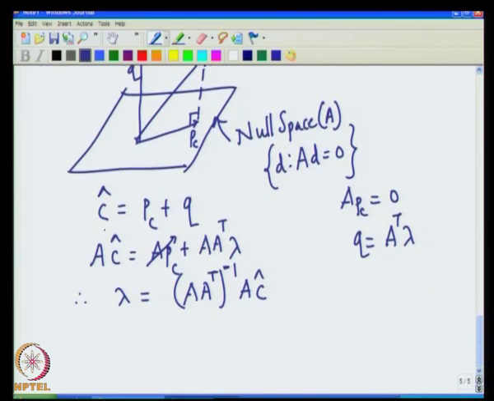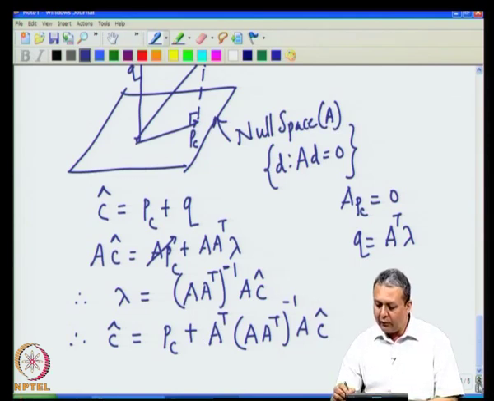Now, C hat can be written as P C plus Q. Q is A transpose lambda. So, A transpose A A transpose inverse A C hat. So, this is the vector C hat obtained as a combination of P C plus Q. We know the matrix A, we know C hat. So, it is easy to calculate this quantity, and therefore,